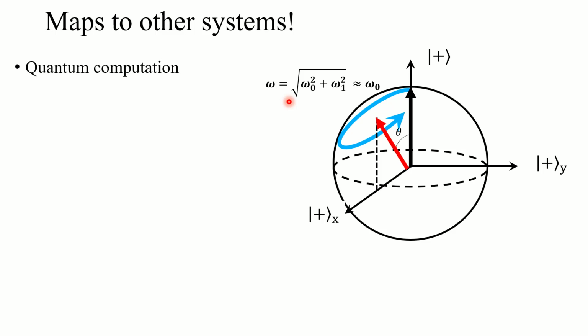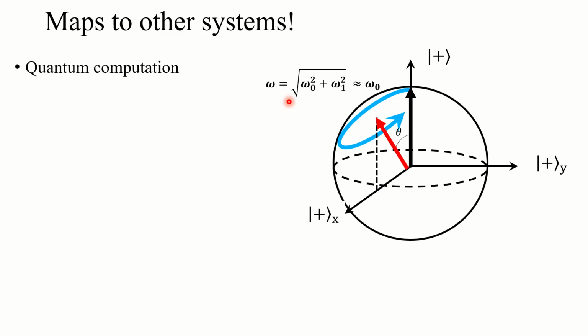If you were in an energy eigenstate at the start, then you quickly pulsed to a different Hamiltonian. Well, that state's no longer in an eigenstate. It's in a superposition, and you're going to see these Rabi oscillations as it precesses around the axes defined by